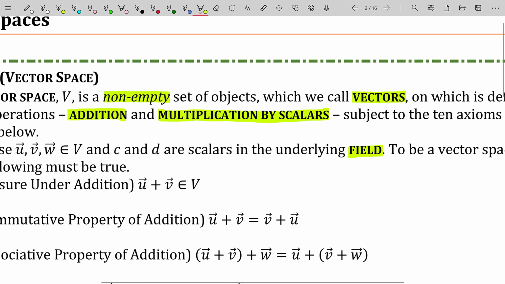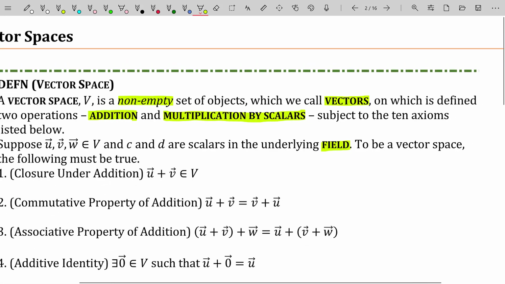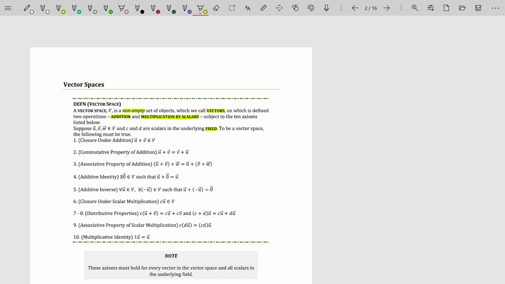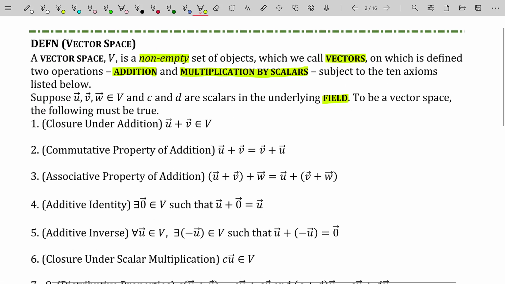Each of those objects we're going to call a vector. And we define two operations for all those objects within that set of vectors. Those two operations are going to be addition and multiplication by scalars. And we're going to have a strong requirement that those two operations follow a rigid set of rules that we call axioms. If it is the case that that set of vectors with those two operations follows the set of axioms that we're going to list down below here, those 10 axioms right there, then that set will be called